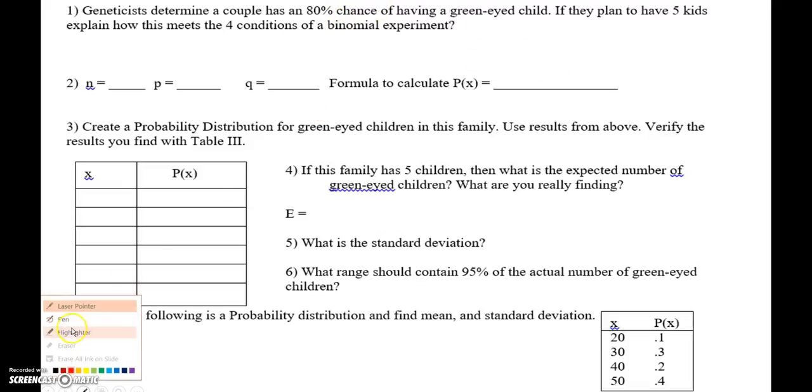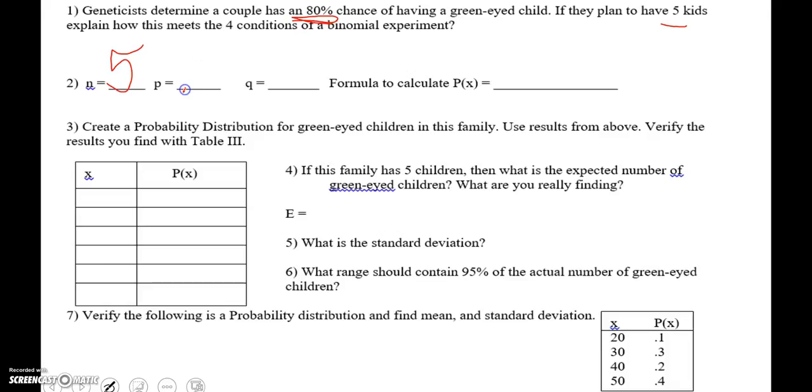So then it asks us, what is n? N is the number of trials, and we said that would be 5. P is the probability of success, which would be 0.8. Remember, Q is 1 minus P, so that's going to be 0.2. And the formula would be 5